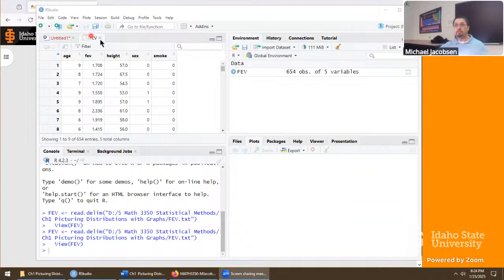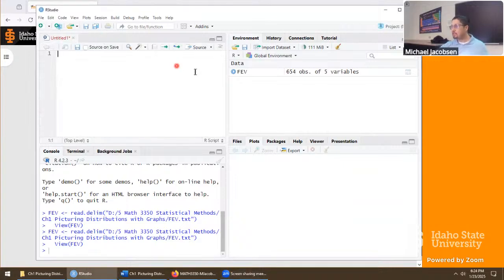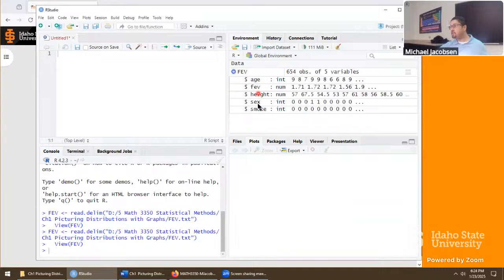But after it's all imported, let me click this off. I usually pay more attention to what happened right here. So this is the data frame. Click on this little play button and it expands all your variables out. We want a histogram of the FEV variable, this one right here. You know, those dollar signs are pretty weird, but they serve a big purpose. So let's give this a try.